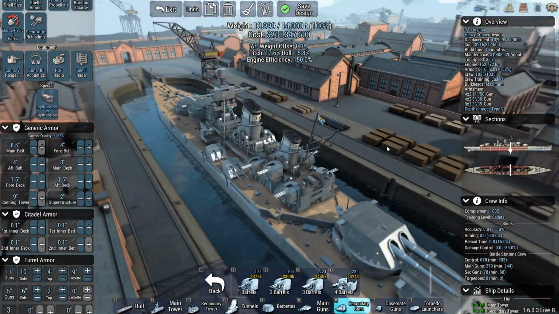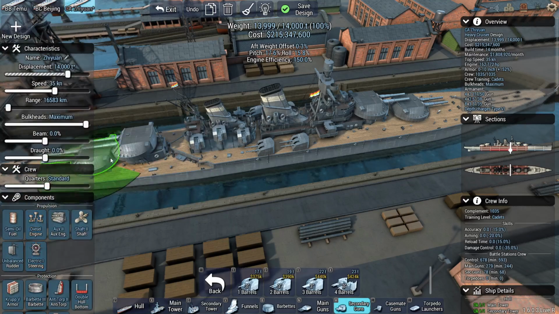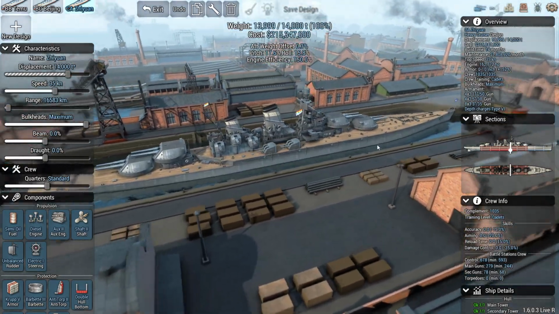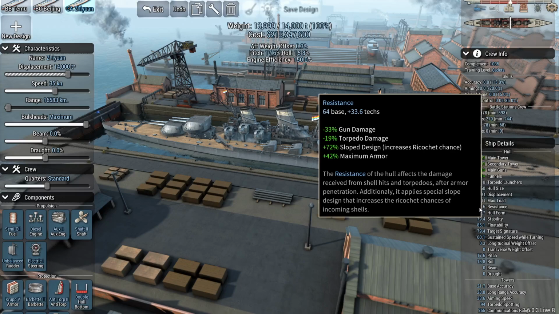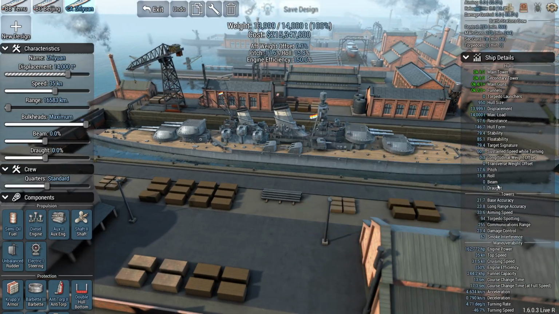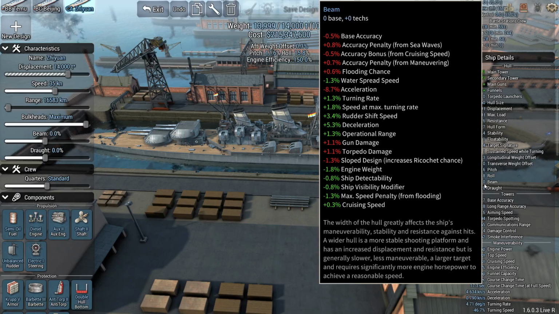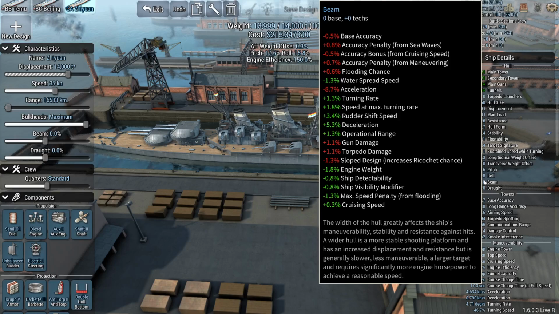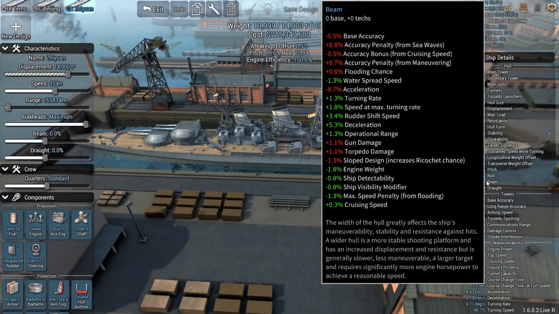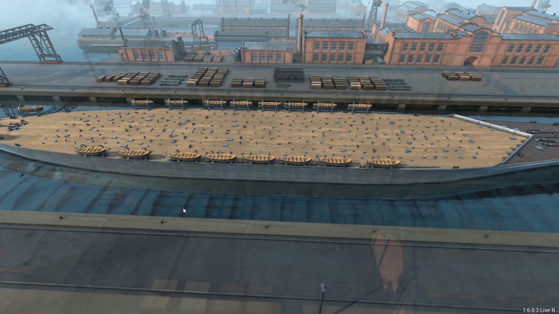There we go. 1399 out of 14,000. I think that's a good sign as any to save the design. Almost no weight offset either, so that's pretty good. At the end of the day, we're looking at 97.6 resistance. No added or subtracted beam and draft. If you add, you make your ship a little bit more survivable. If you subtract, you make it more vulnerable. So baseline is +2 gun damage, plus 1.1 gun damage. If I'd increased beam and draft, we'd be looking at minus something instead. But also a more expensive ship, so